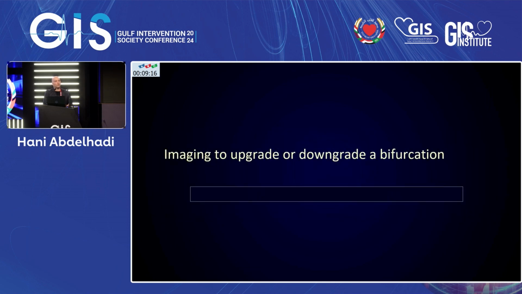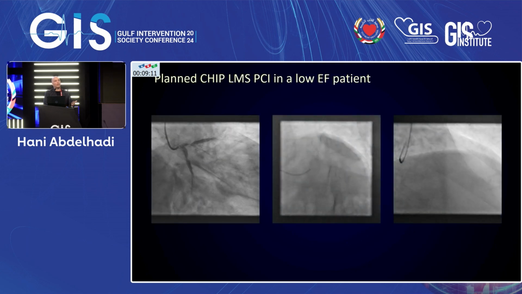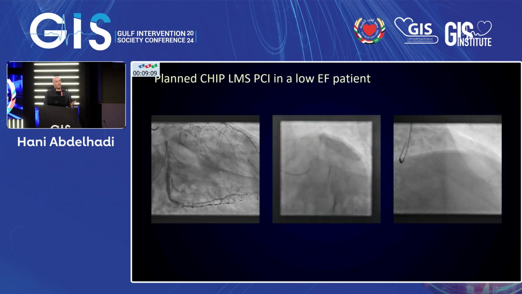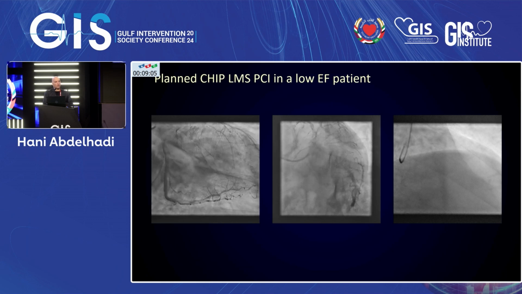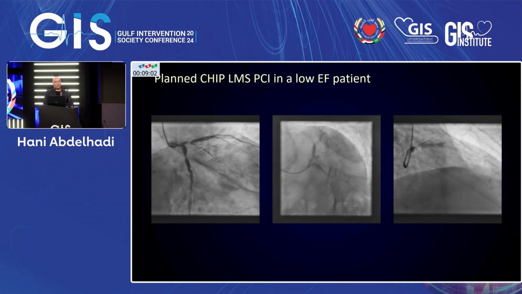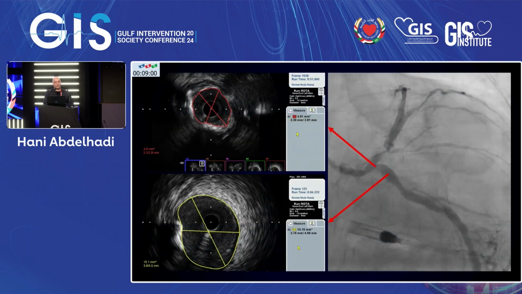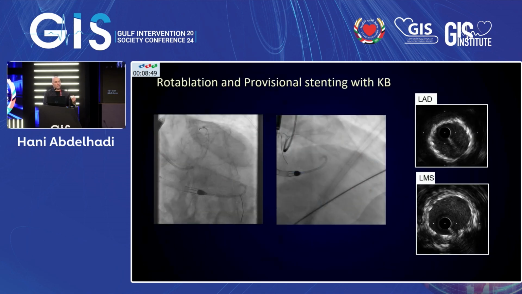Imaging is also quite useful in upgrading or downgrading your bifurcation. So this patient has very complex left main LAD circumflex disease. And to me, angiographically at least, I felt that the circumflex is likely severe. So when we formulated our strategy, we started with IVUS interrogation of the circumflex. We can see that the MLA at the proximal circ is 4.8, which to me is not severe. This helped us downgrade our bifurcation and take a single stent strategy where we just stented LAD to left main and did kissing balloons with a good outcome.